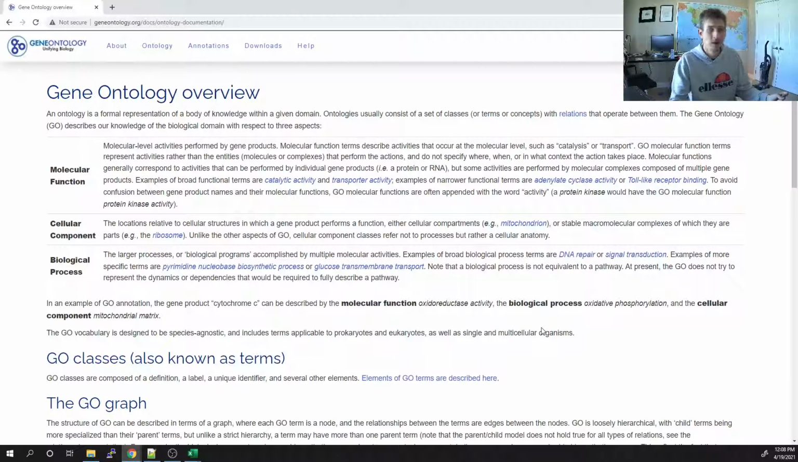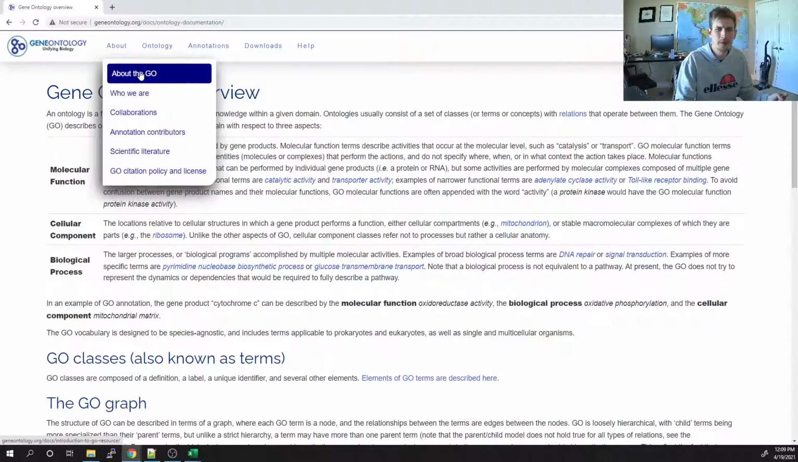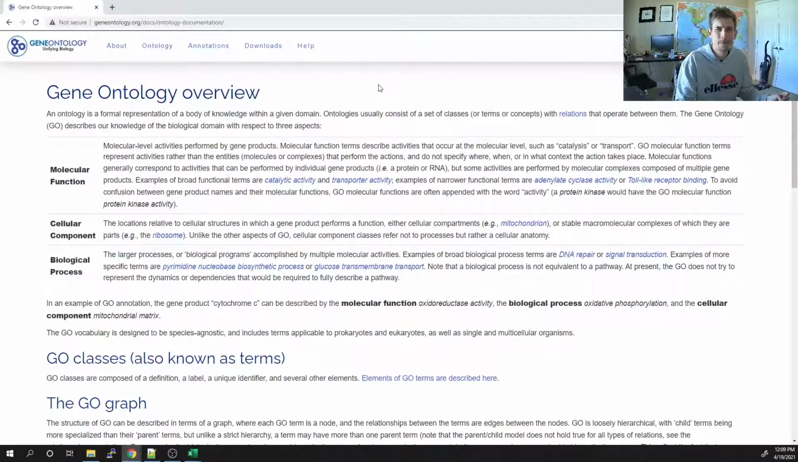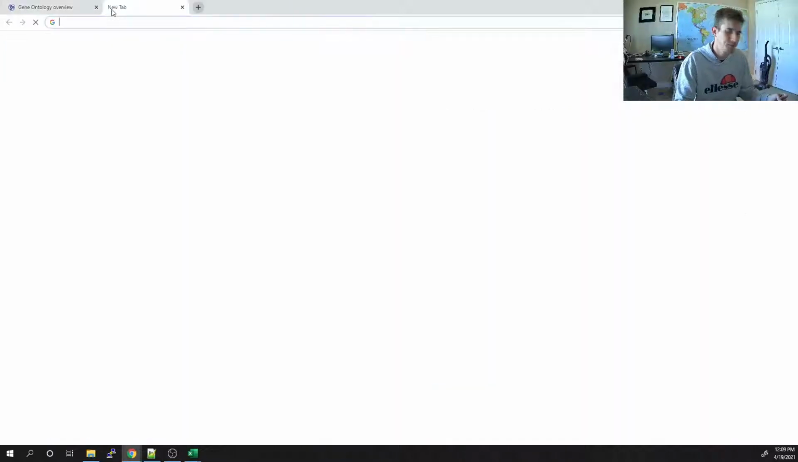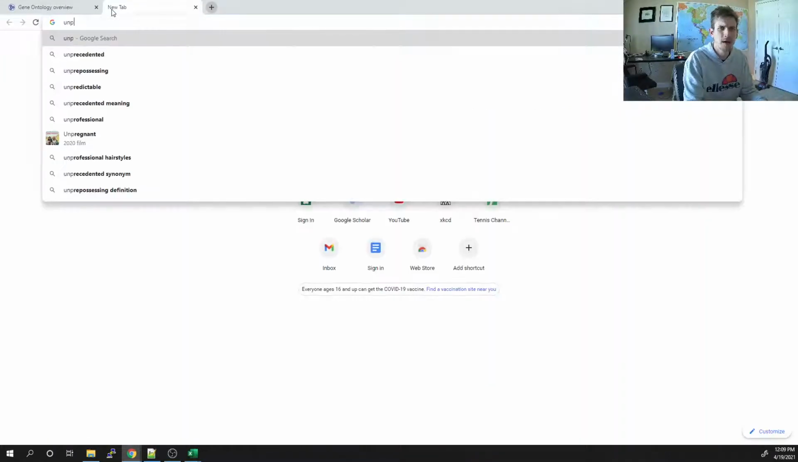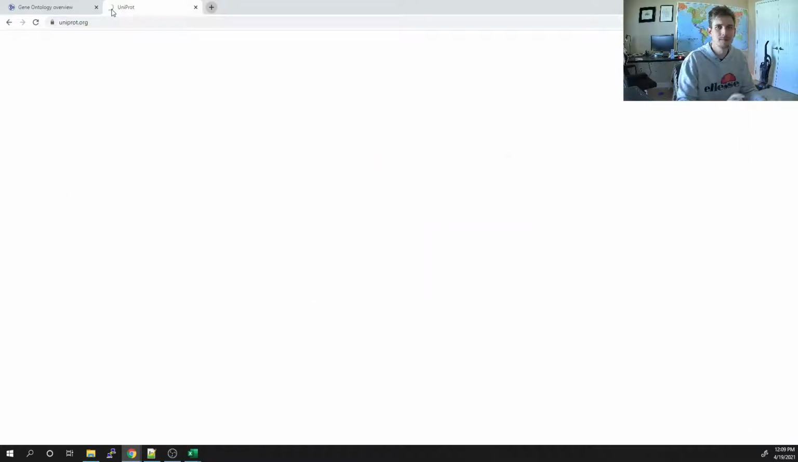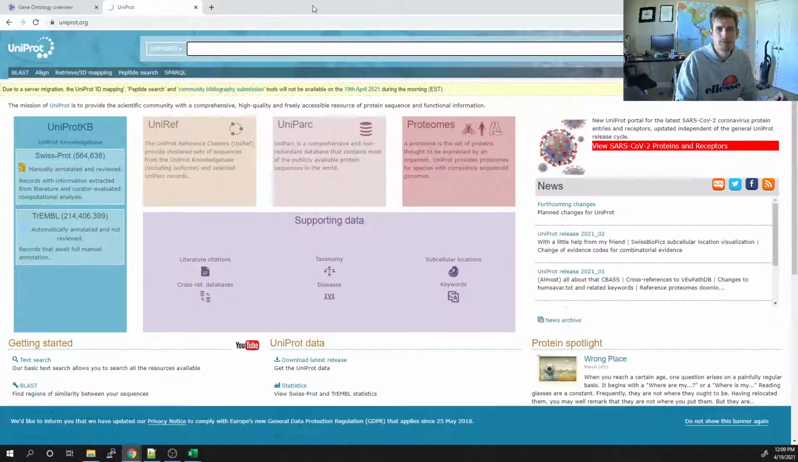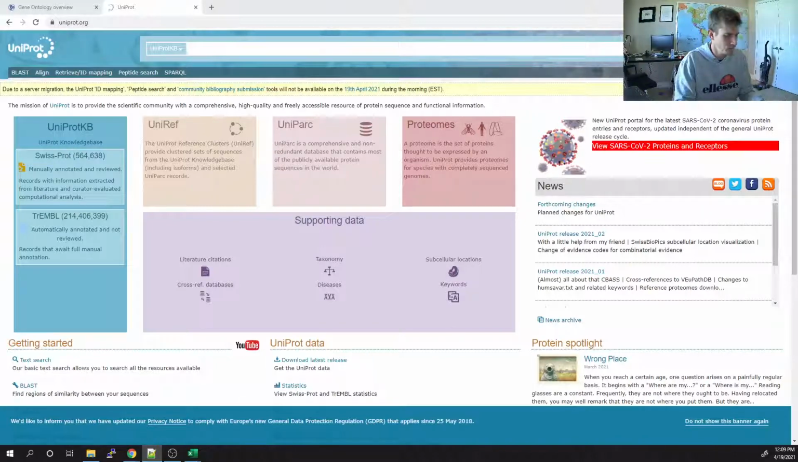So if I give, let's see, I don't even know if I can do this with GO, the raw website. But say, for example, we can certainly do this in UniProt. So let's do this in UniProt. For example, if I have MCRS1,